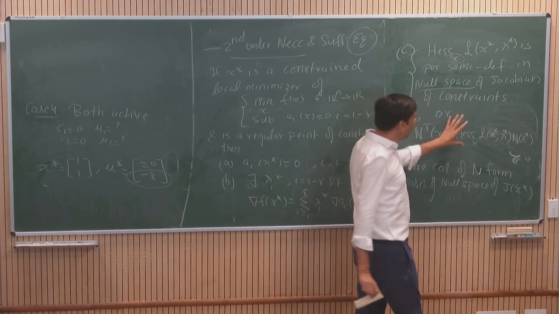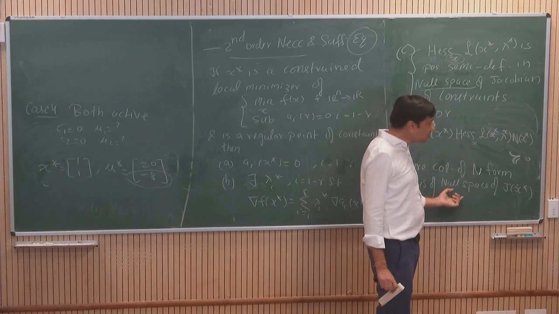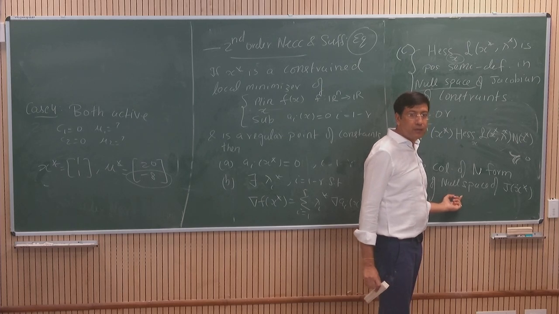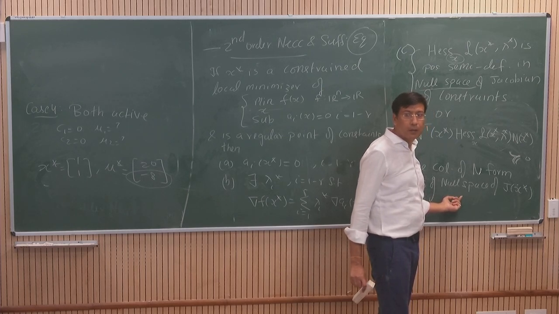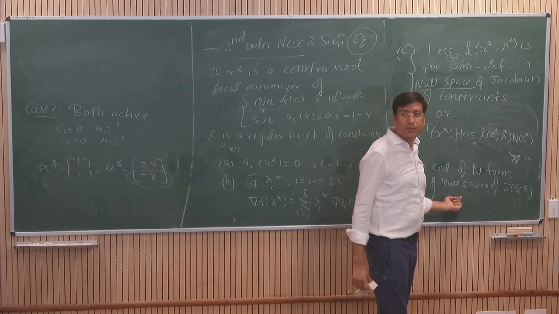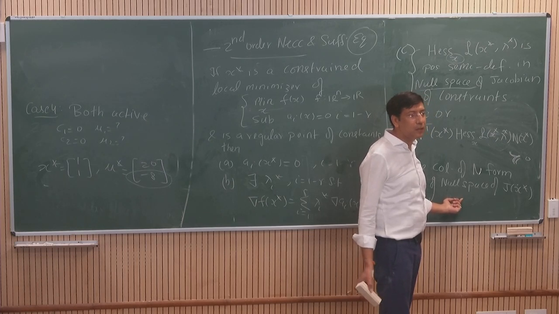So what you do, you find the Hessian of the Lagrangian with respect to x. You find the null space of the Jacobian of constraints. Do we have to worry about active or inactive here? Yeah. Others? Besides Abhinav? Yes, Saket. It's equality. Everything is active. When we go to the inequality case, then we'll have to worry about